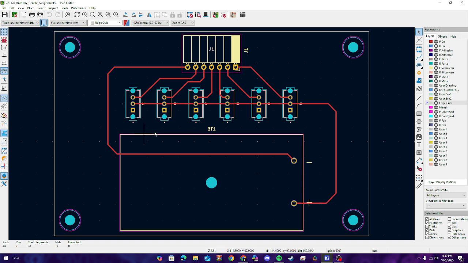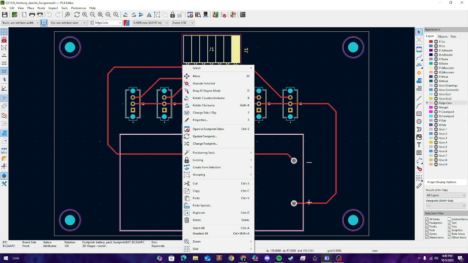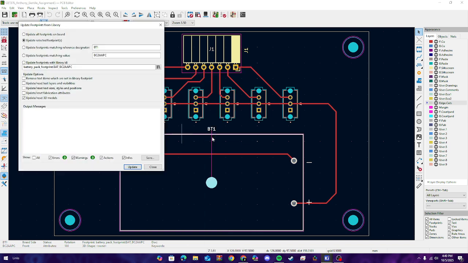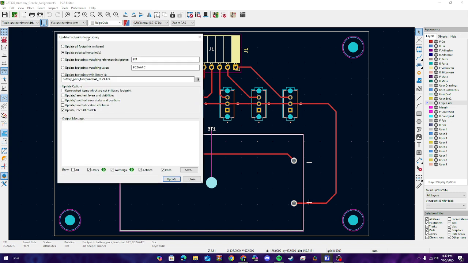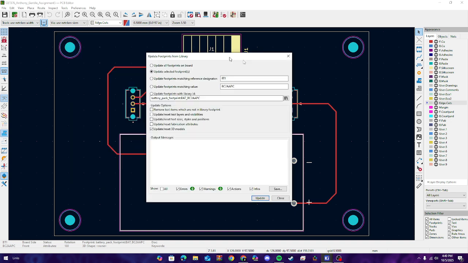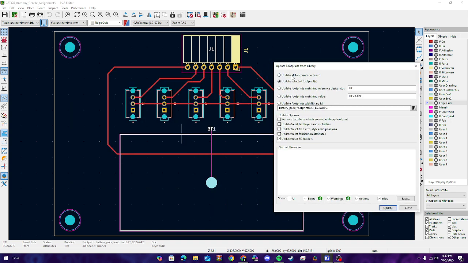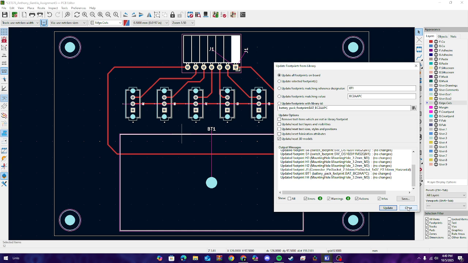If we go to this, like let's say our battery pack, we want to load it, you just right click and then update footprint, and you'll see this window pop up. Make sure update / reset 3D models is checked, and you can update selected footprint, or better yet, to save some work, do update all footprints on the board, and make sure that's still checked, the reset 3D models. And if we do update, close,